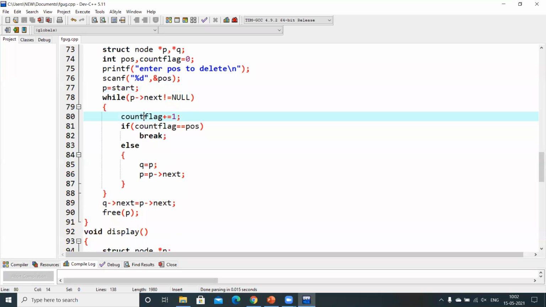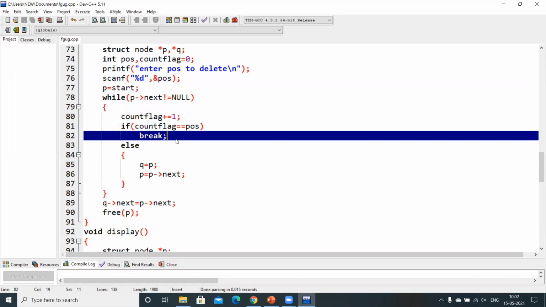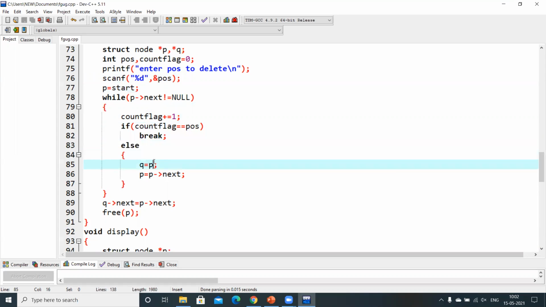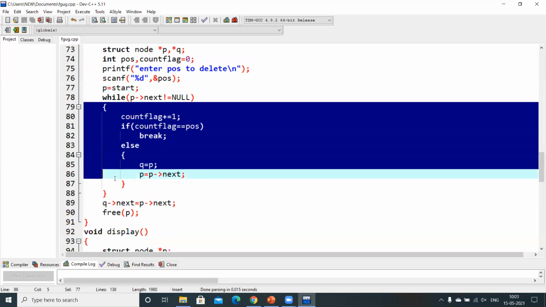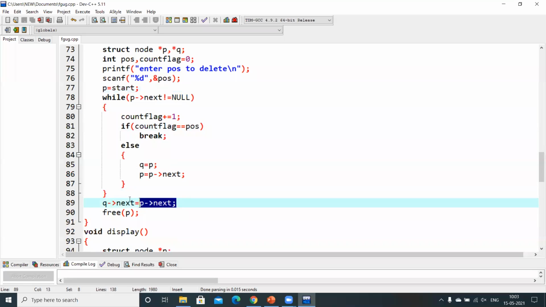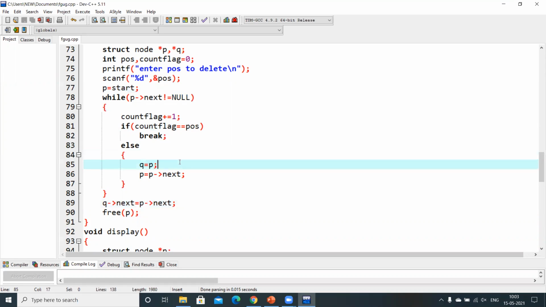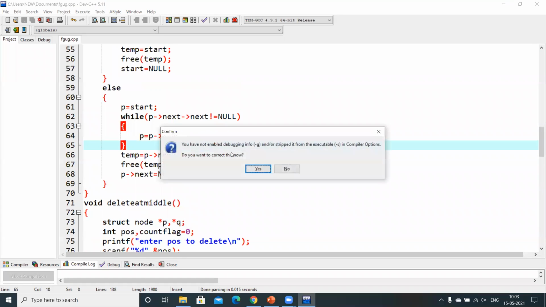And then, whenever the count flag equals the position, I will break the loop. Else I will make q equal to p and p equal to p next. And ultimately at last, I will make q next point to p next. Yes, I can do that. It's clear guys. Let me run it and show you.